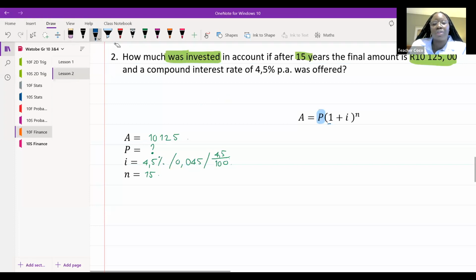So what I'm actually going to do here is divide this whole side by 1 plus i to the power of n. And I must also do that to the other side as well, correct? Yes. 1 plus i to the power of n. Excellent. So those two will cancel. So my formula now reads that my P is equal to, now can you substitute in the numbers for me? On the calculator, give me